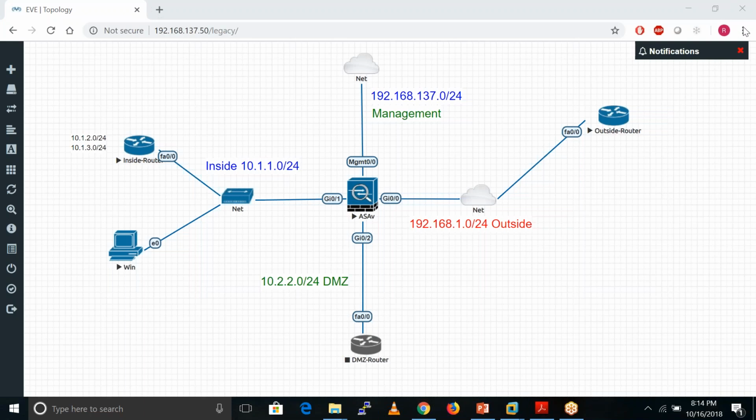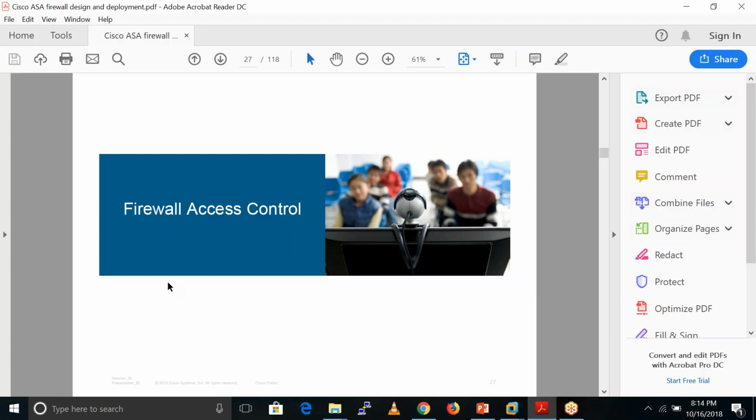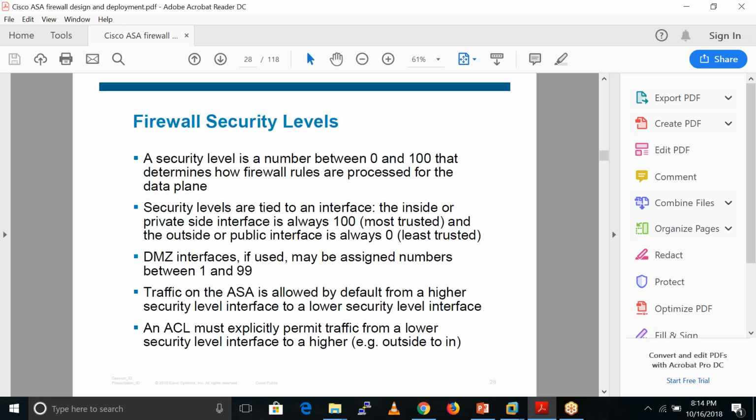Okay. So today we will discuss access lists. What are the use cases of ACLs in an ASA firewall, and what kind of ACLs do we have in ASA? Let me go through this slide. Basically, we use ACLs for blocking traffic, allowing traffic, or controlling traffic. If we want to control any kind of traffic, we need to open an access list in the firewall. We also have security levels.